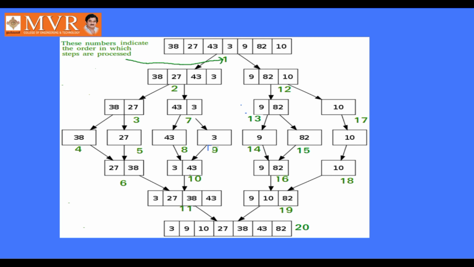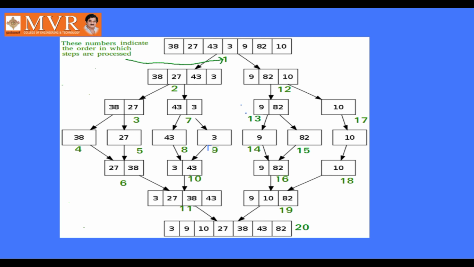Just break the problem into small parts, that is the list of elements will be brought into single elements. After that you will swap the two elements if they are not in order. Here if you observe the fourth step and fifth, in 4 and 5 the individual elements are 38 and 27. Since they are not in order, that is they should be in ascending order, but they are not in ascending order since the bigger element is before the smaller element. So I perform the swapping technique there and combine them in the sixth step.